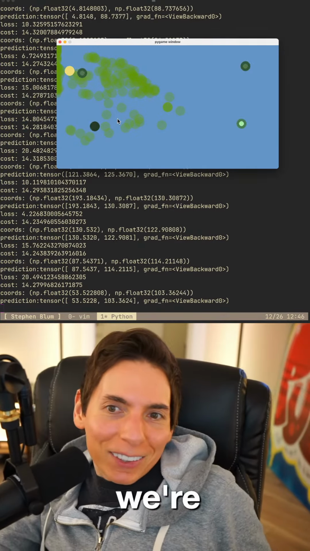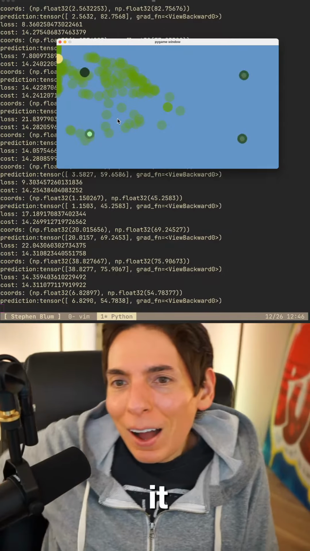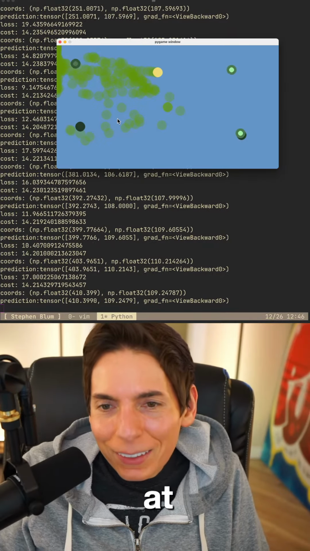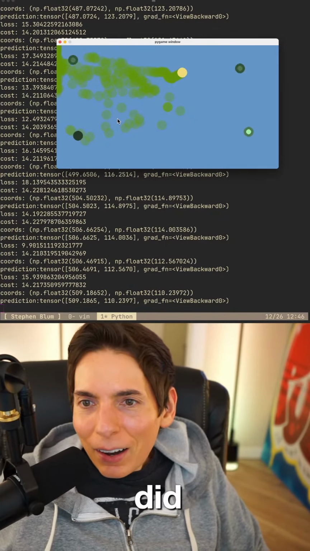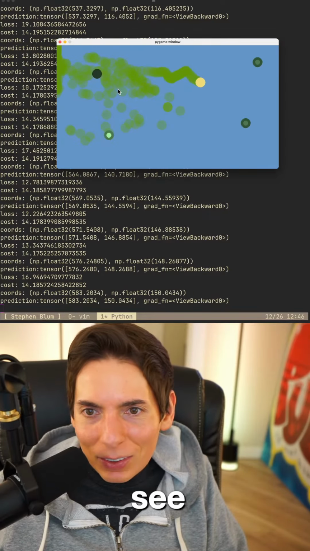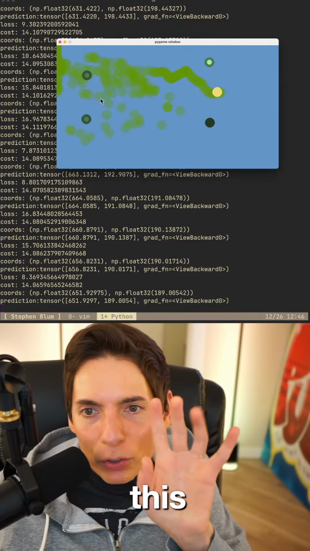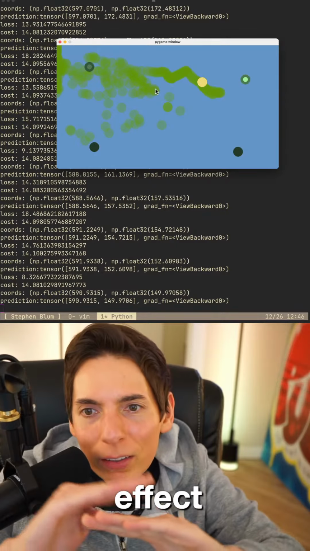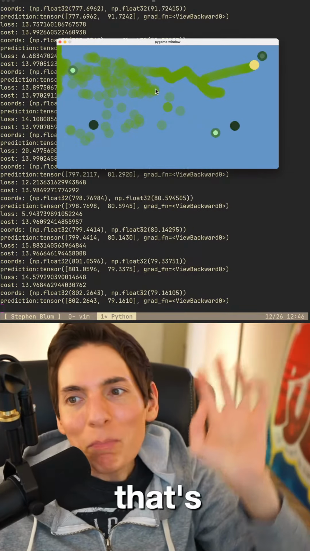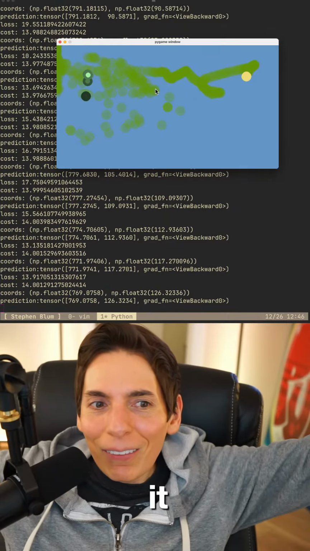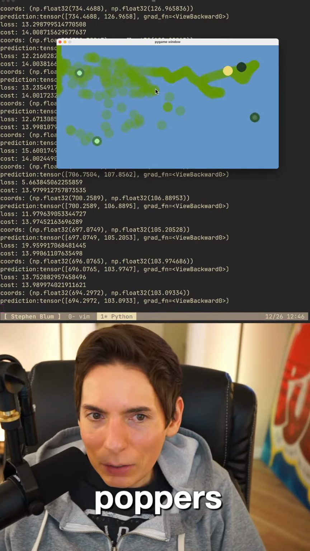Oh, we're doing it, you guys. Oh, that's so cool. Look at that. Oh, party poppers, you guys. We did it. All right, you can see the heat map part of it. You can see how there's sort of an alpha transparency effect, and when the circles land on top of each other, it gets darker. That's the heat map part of it. There we go. Thank you for the party poppers.